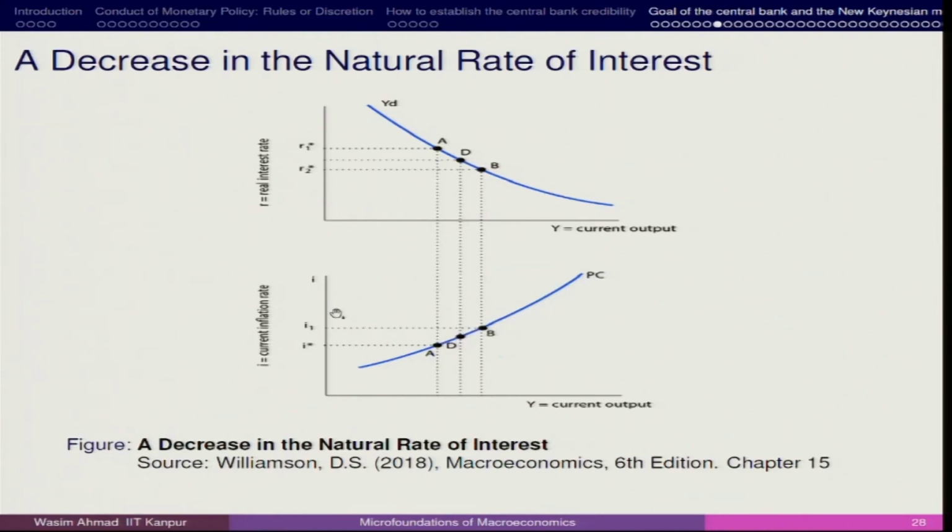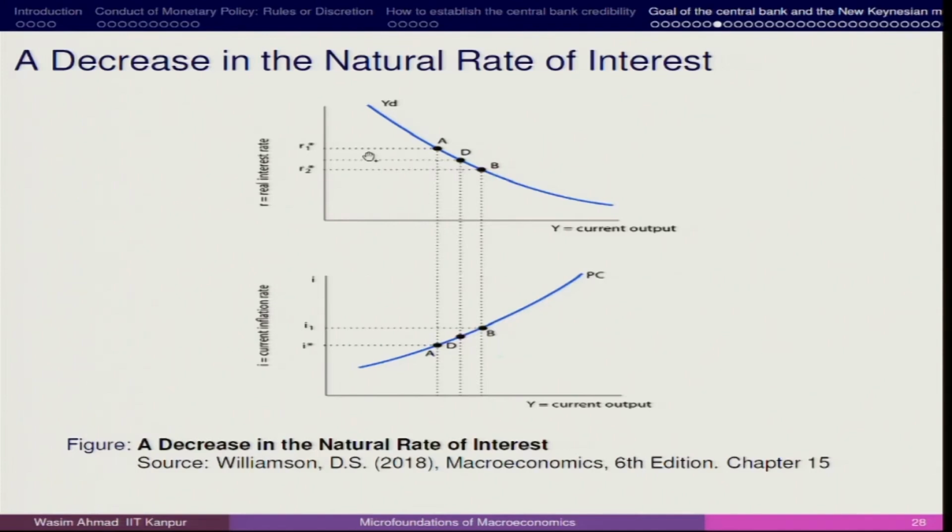think about some kind of role of expectations that you can introduce here. So, with this at point B, the real rate of interest decreases, and now the central bank will have to go about it. Here we can think about the output demand curve, which means that if the central bank is targeting this point, it will have to move from A. But if you are at B, you have a higher inflation target. So, even if you are reducing the rate of interest, you are not going to meet the inflation target.